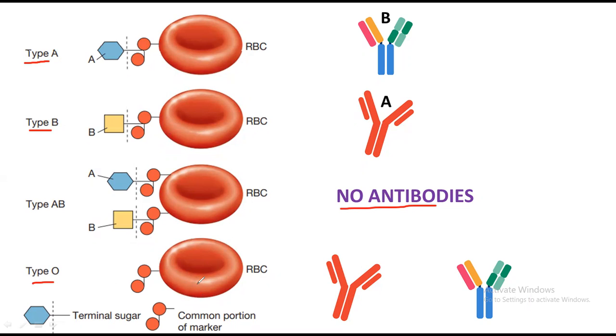So if he introduces his blood to another person, he is not having any antigen, so antibodies cannot react against it, and there will be no such type of hypersensitivity type 2 reaction, okay. Although he is having antibodies, those antibodies can be easily killed by the immune system, so there will be no hypersensitivity reaction. Keep this in mind.